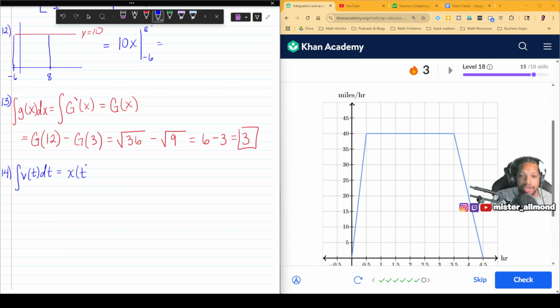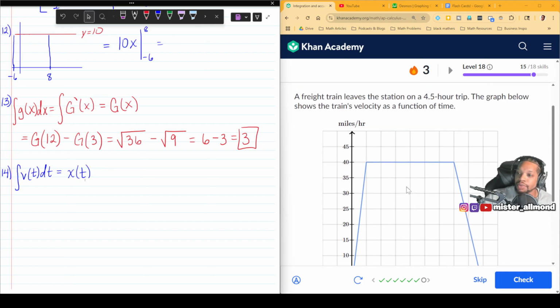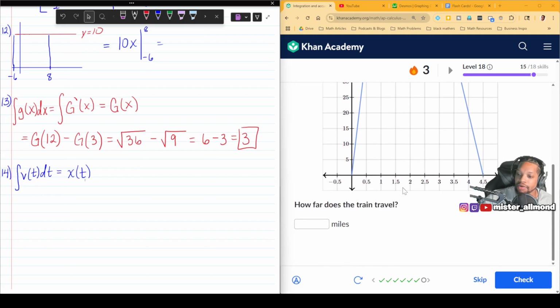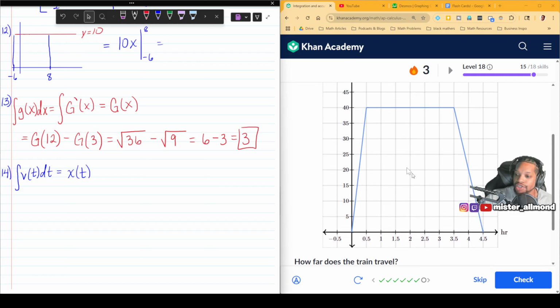Most people call position x of t. I've seen s of t. It really doesn't matter. But so we got a velocity time graph. The question says, how far does the train travel? Which is just the displacement, which is just the integral of velocity. So what we are trying to technically find is the integral of this velocity function from 0 to 4.5. I think they told us that it was a 4.5 hour train ride. But that is just